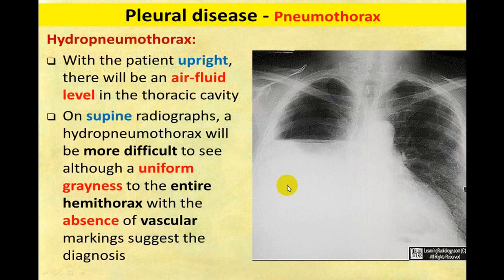Now if you see a radiopacity with a horizontal fluid level, an air-fluid level, this is radiolucency, this is radiopacity. So this is air, this is fluid. Hydropneumothorax. This is hydro, this is pneumothorax. You cannot identify the diaphragm, you cannot identify the costal margin, and the mediastinal border also I cannot identify. So this is fluid. And here I see a radiolucency. So this is hydropneumothorax on the right side. And if it is massive, it will push the mediastinum plus trachea to the opposite side.